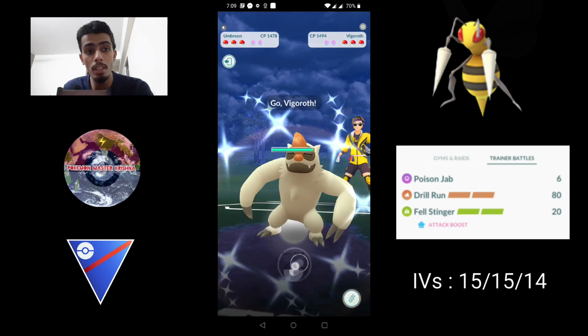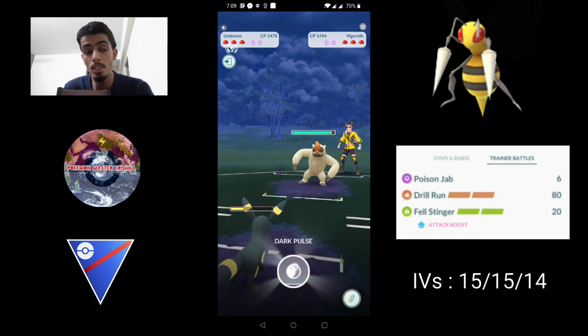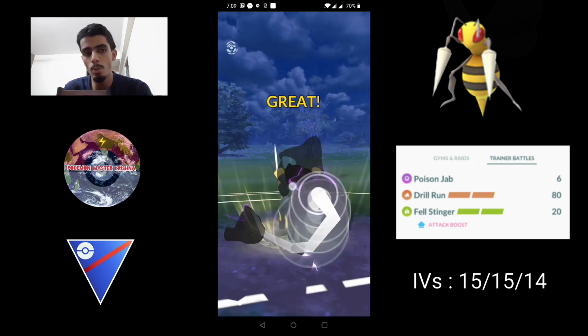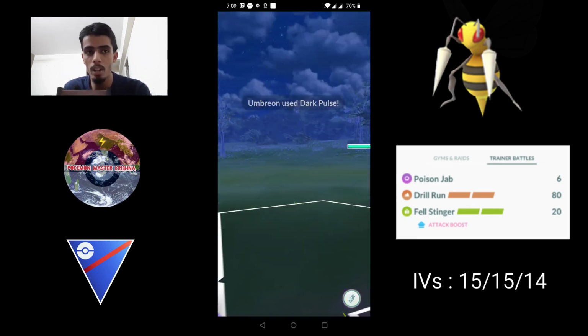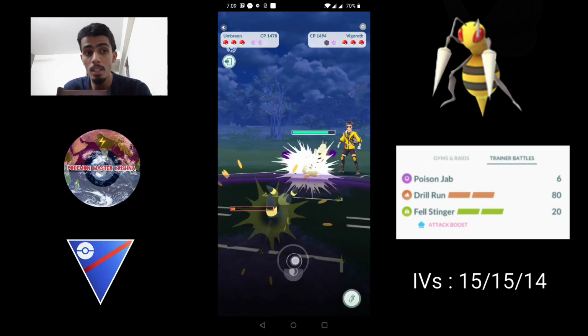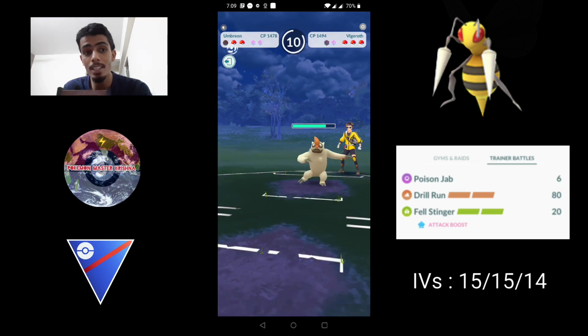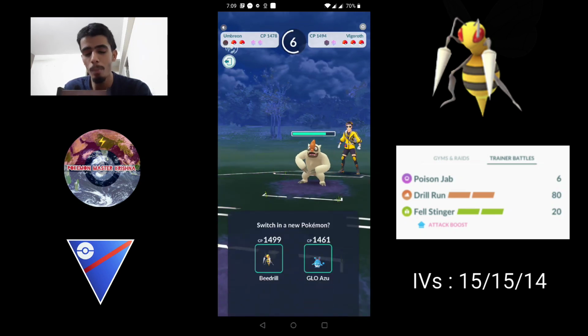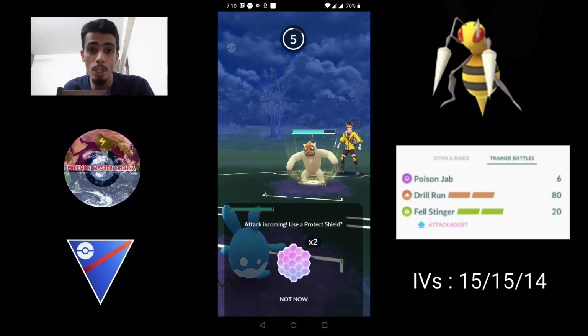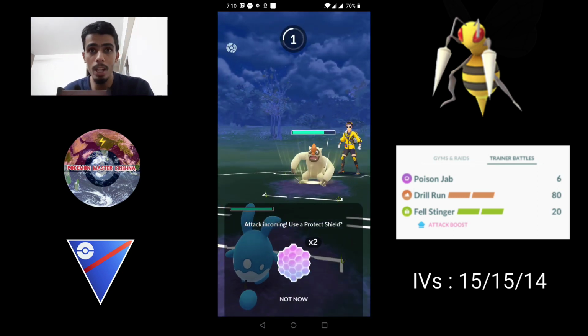They make a switch into Vigoroth. So I'm just gonna go straight for the Dark Pulse, which is gonna do quite a bit of neutral damage to Vigoroth. And I believe I probably should switch into Beedrill right away here, but I'm waiting for them to throw their charge move first. But unfortunately, they don't. This is not a great situation. I probably should have switched into Beedrill right away because they committed to the farm down. Now I'm going to be forced to bring in Azumarill, but I would have loved to have Beedrill on the